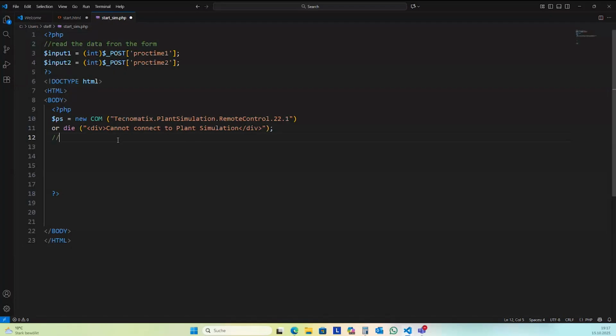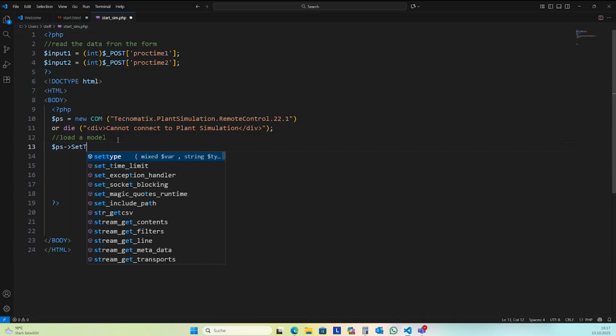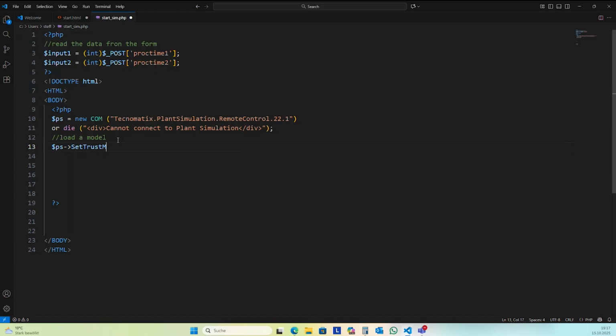And the next step is to load a model. Yes, without trust the model doesn't work for me at least. And the command for loading a model is loadModel.